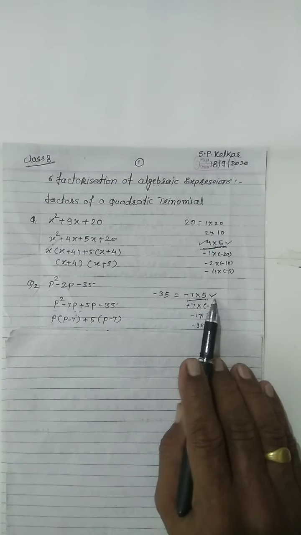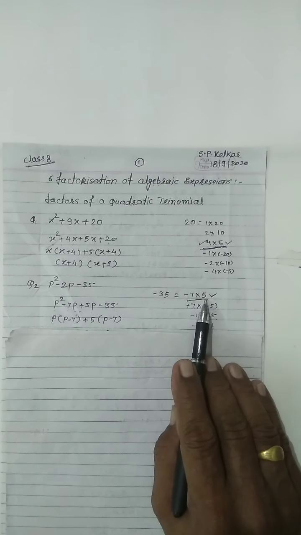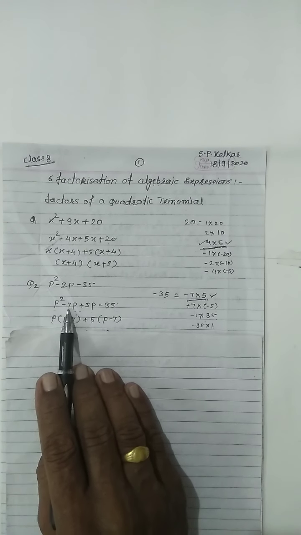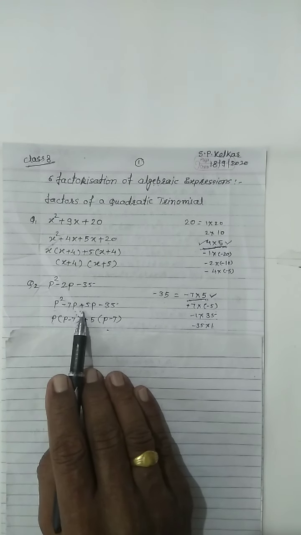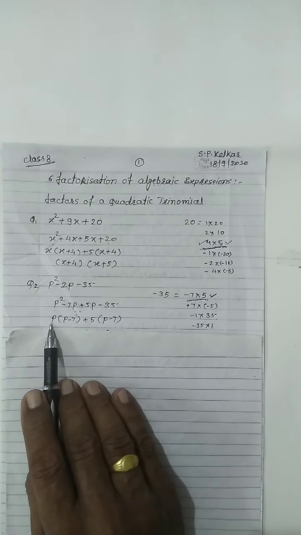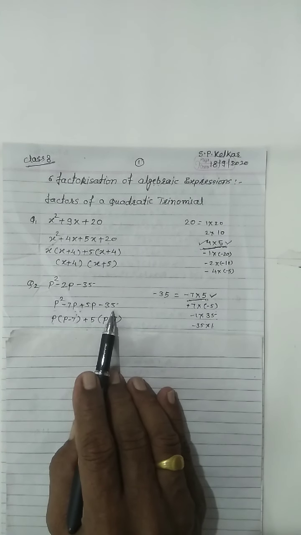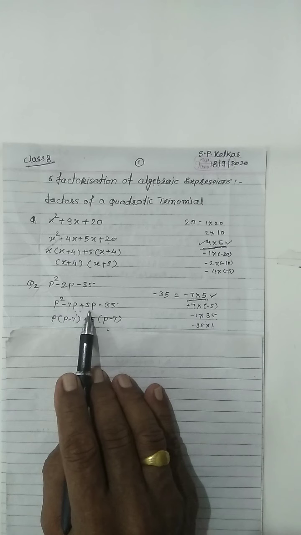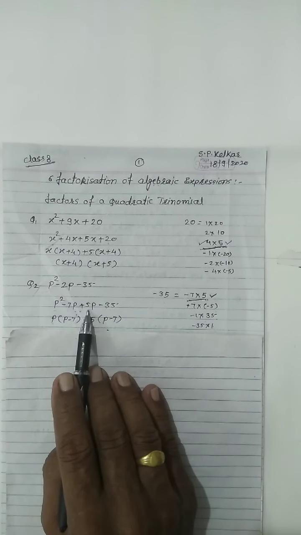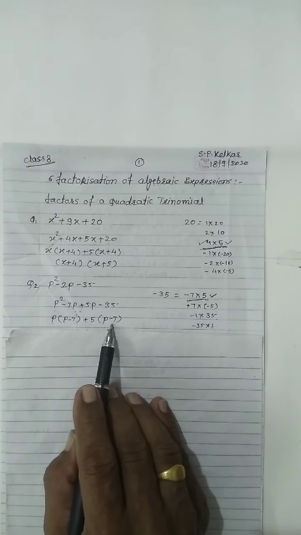Now we take these two factors of 35, minus 7 into 5. Write down p square minus 7p plus 5p minus 35 as it is. Now take common from these two, p in bracket p minus 7. Now from these two we take the number 5, from this 35 we take common 5, and from this we take 5 into in bracket p minus 7.